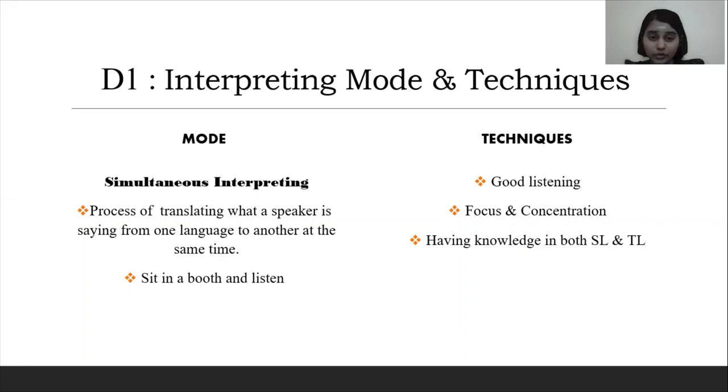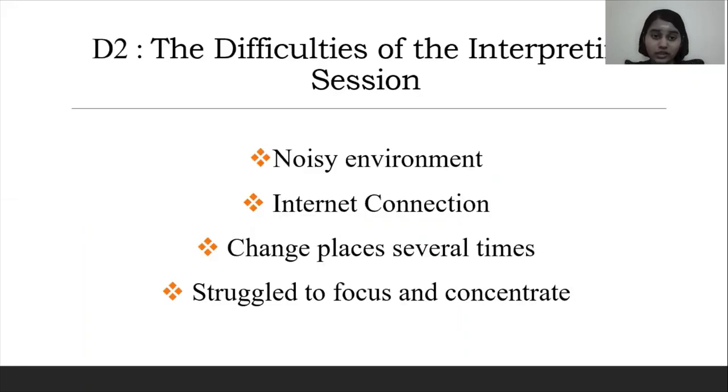So let's move on to the second discussion, which is the difficulties of the interpreting session. So during the interpreting session, I had a very noisy environment and internet connection, which is not very stable. So I had to change places several times to find a suitable background and place, as well as for good internet connection, since it's